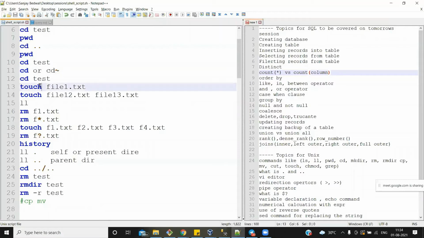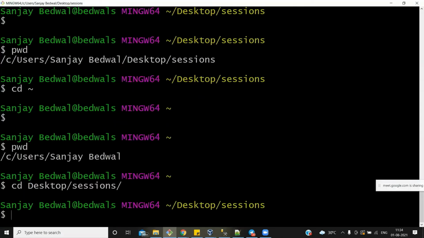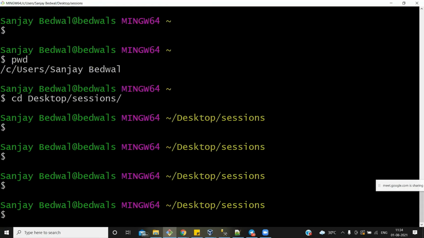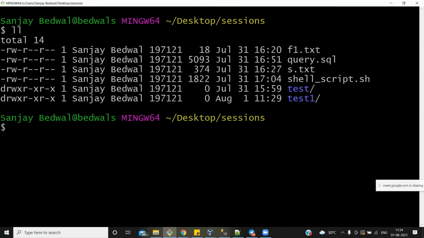Okay, another command is the touch command. This command is very useful. Many times an interviewer will ask you this question: if I want to create an empty file, how do I create it? So the answer is the touch command, right? So let's see how many files we currently have. We are currently having these many files, and I want to create some empty files. In order to create an empty file quickly, we have to write touch and then f1.txt. I'm giving the file name.